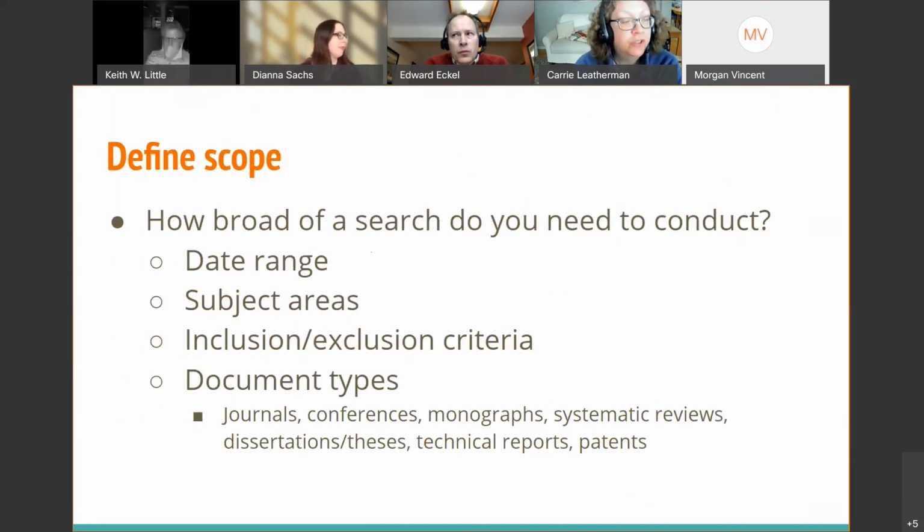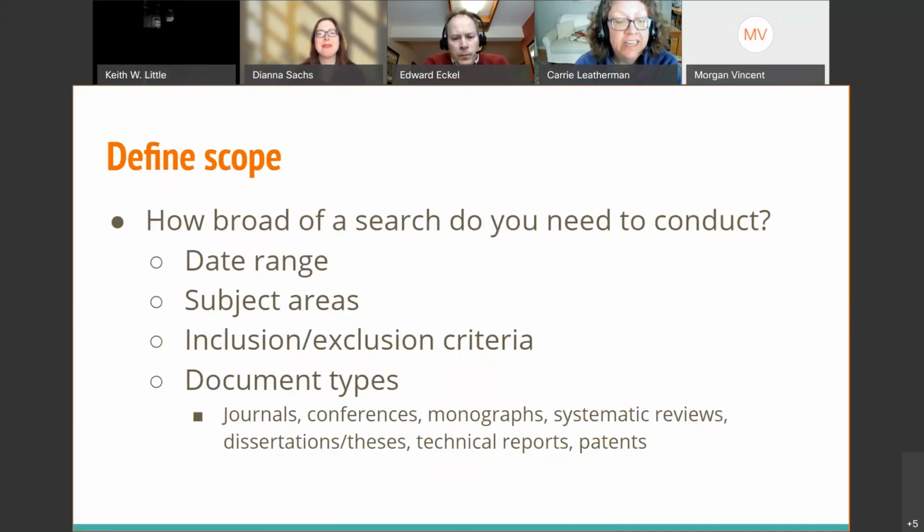Do you need very current literature, maybe the past couple of years that's been published within your discipline? Is it something a little bit more historic? Do you need a survey over the past 100 years of studies or other literature that has been written about this subject? What is your subject area within the literature that you want to cover?